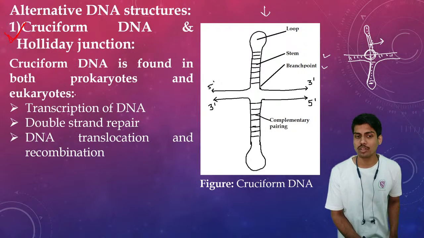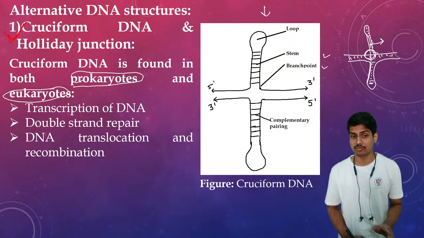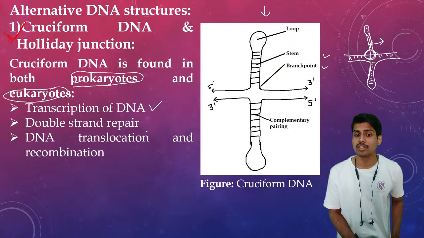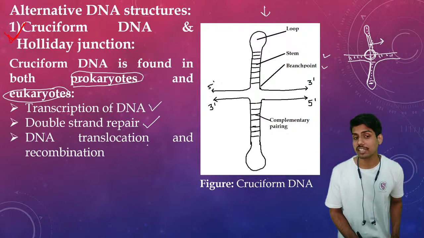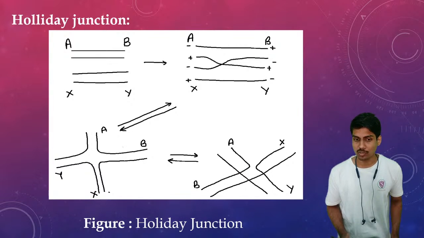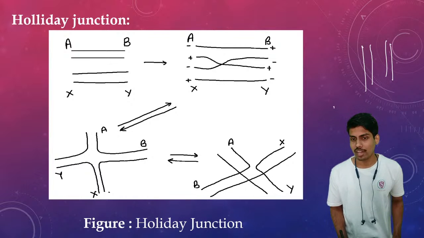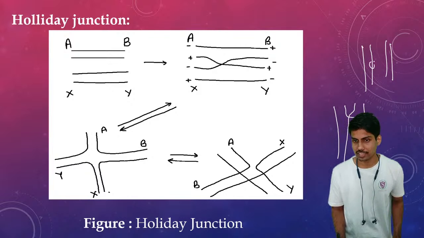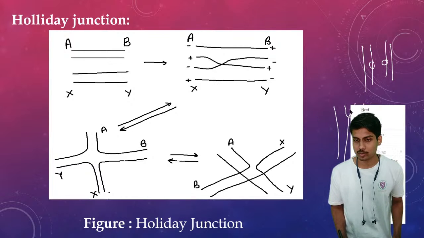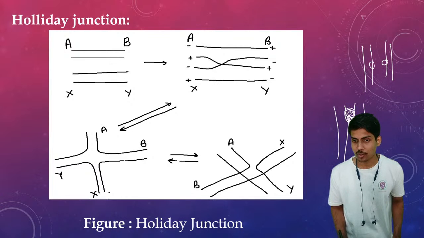And this is found in prokaryotes also and eukaryotes also. What are the basic functions they carry out? Transcription of DNA, double strand repair, and even DNA translocation and recombination. Now in this only there is a formation of Holliday junctions. Holliday junctions means what? Suppose these are two strands of DNA. What will happen is that a part of DNA makes a crossover. You can see this strand and this strand have now crossed over. So such crossing over is called a